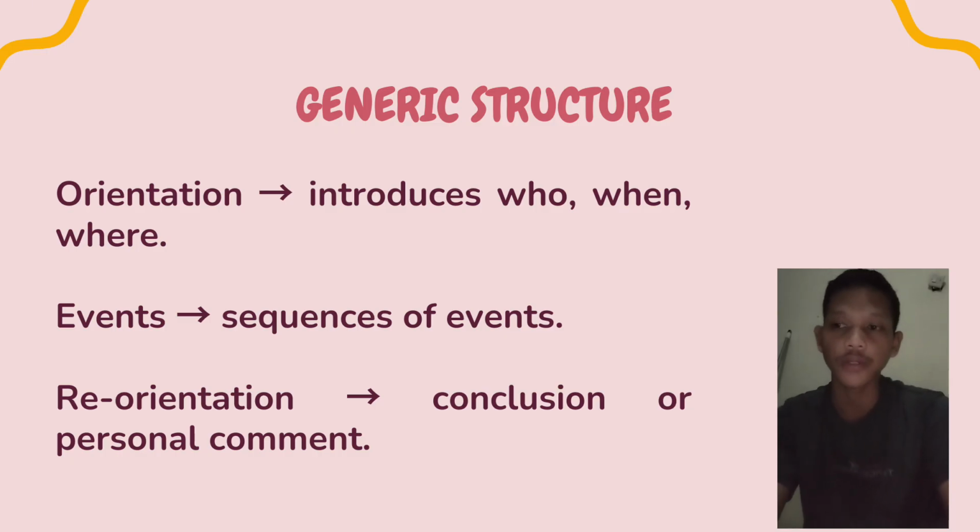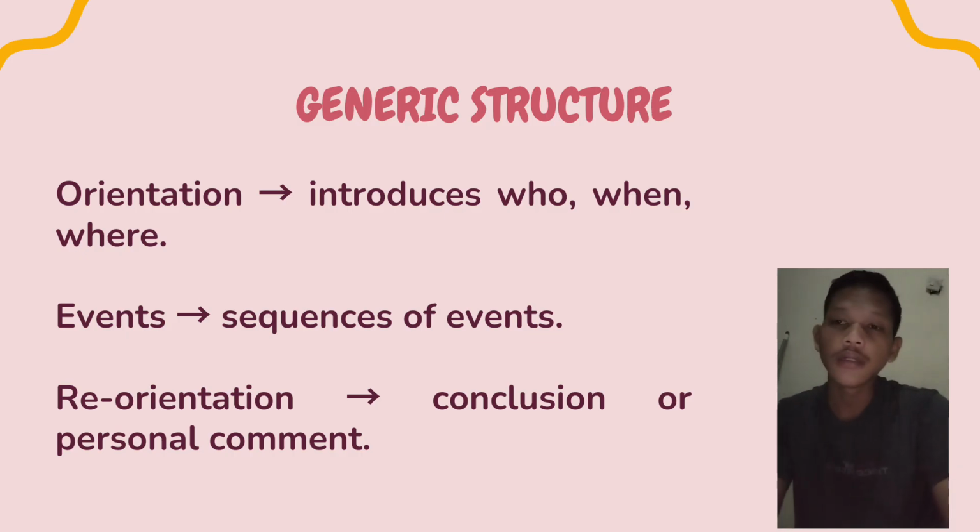The first one is orientation. This is the opening of the text. It introduces who was involved, when the event happened, and where it took place, the location of the event, and also we can provide the reasons why the event happened at that time. For example,